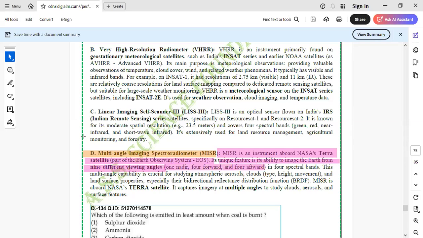in 4 spectral bands, and this multi-angle capability is crucial for studying atmospheric aerosol, cloud type, height, movement, and land surface properties, especially their bidirectional reflectance distribution function BRDF. MISR is aboard NASA Terra satellite, and it captures the imaging of multi-angle to study the cloud, aerosol, and surface features. तो ये आपको थोड़ा थोड़ा इनके बारे में जान लेना जरूरी है, क्योंकि दोबारा से अगर ये मैचिंग आती